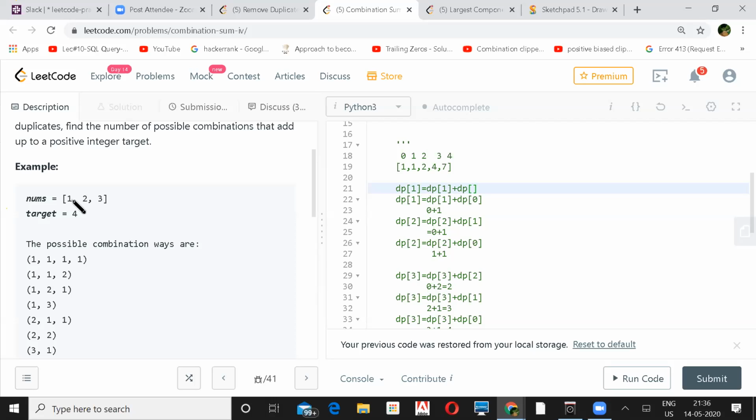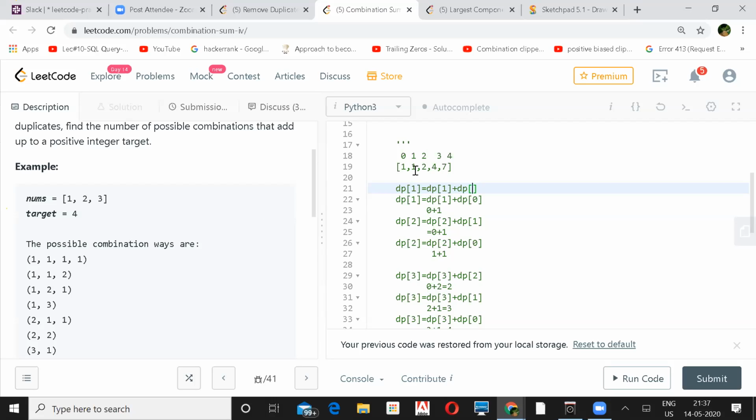Okay, I see. You can even make DP of 1 a base case also, right? Like DP of 0 is 1 and DP of 1 is also 1. But next time, when you encounter 2, will you use that base case? I mean, 0 and 1 both are 1, because there is only one way to get 1 and one way to get 0. So initially, both of them are like that.